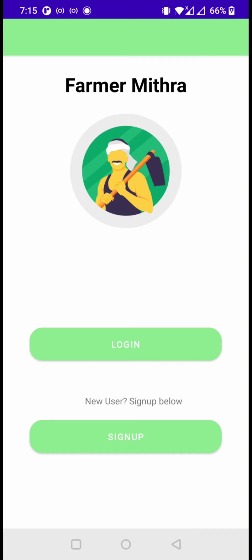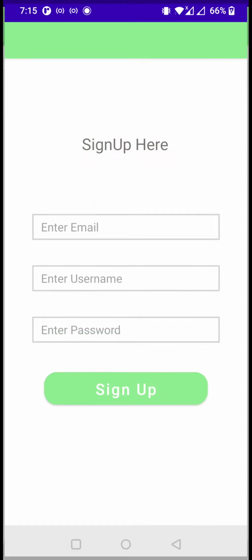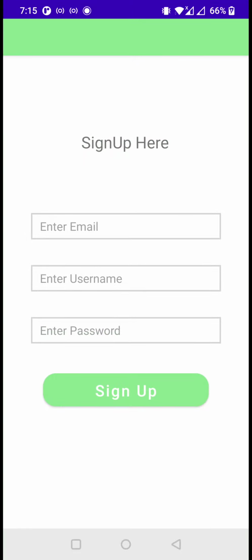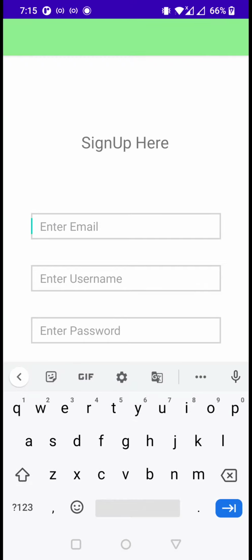In this app, we have provided login and sign up page. If the user is new, then they have to sign up first. In the sign up page, they have to provide information such as email address, username and password.